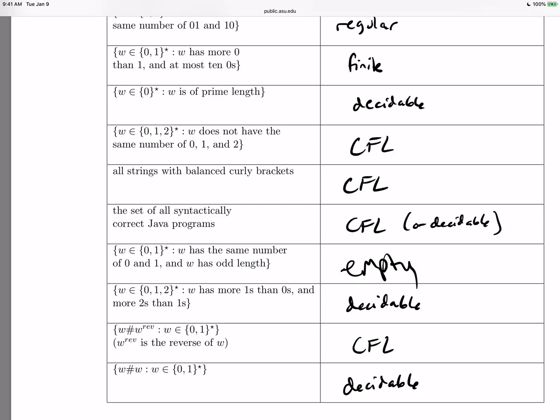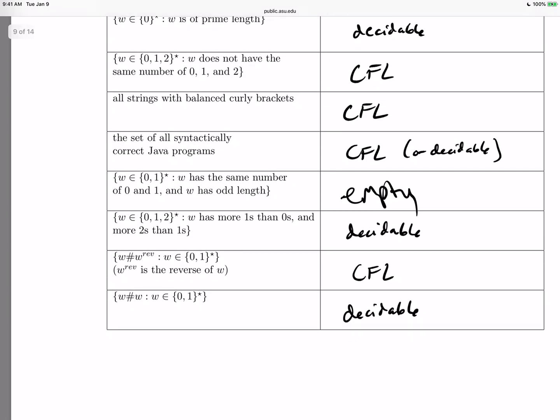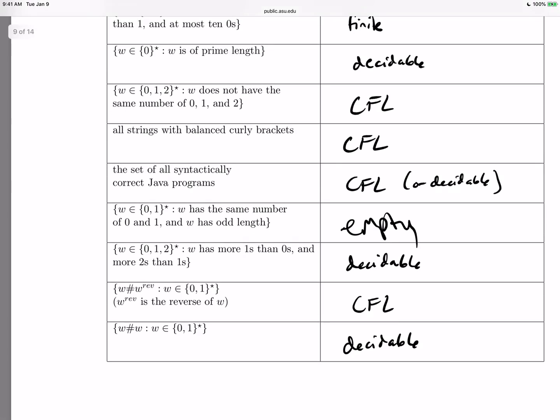so I can't really confirm or deny that it actually is context-free. So I said that if you put decidable, that's okay too, because there's some program that always halts. If you feed it a Java program, it will always stop. The compiler will always stop at some point, but I don't know necessarily whether it's context-free. It probably is, but I accepted either answer. And if I made a mistake on any of these, just bring it to me after. So the next one,